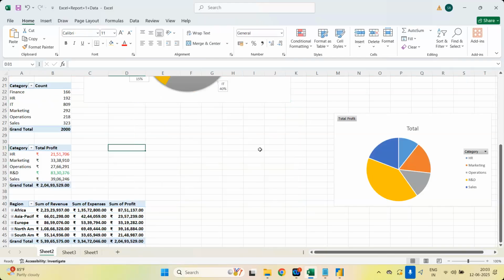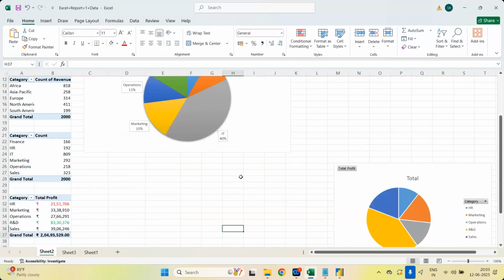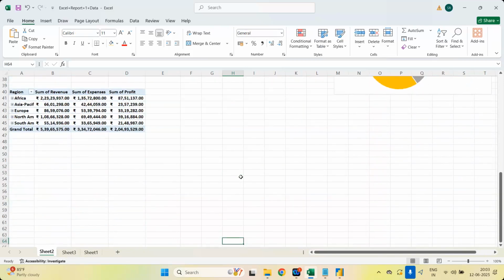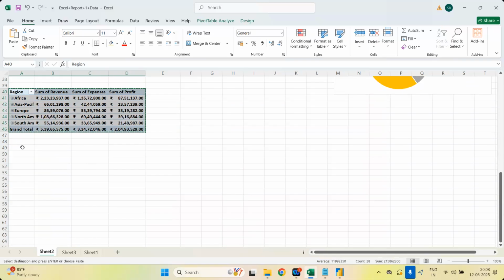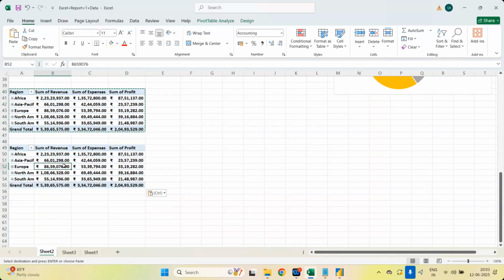Now, I want to say, for a company, profit is more, at the same time in the operations, the expenses are also very high. For example, my pivot table, I'm taking one more pivot table, copy and paste here. In this pivot table,